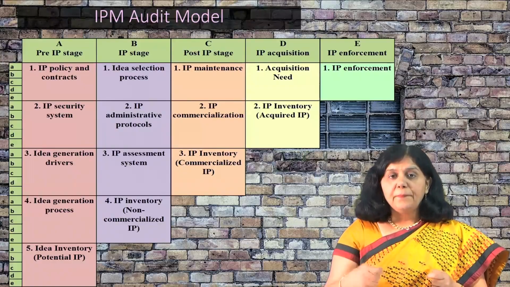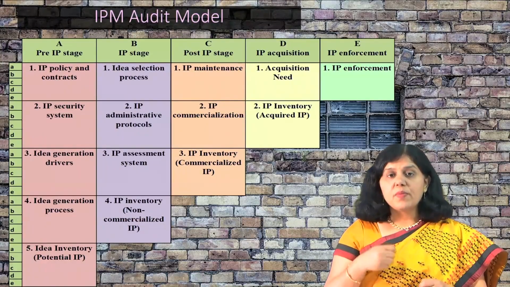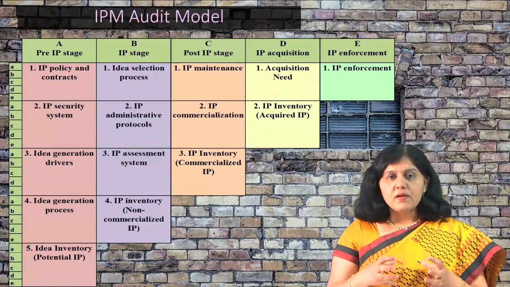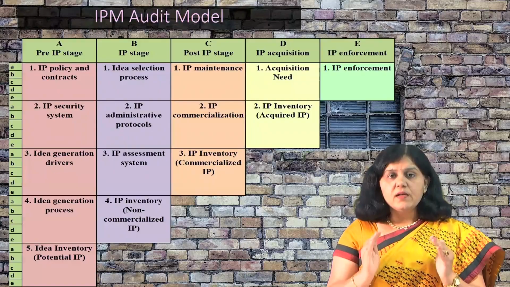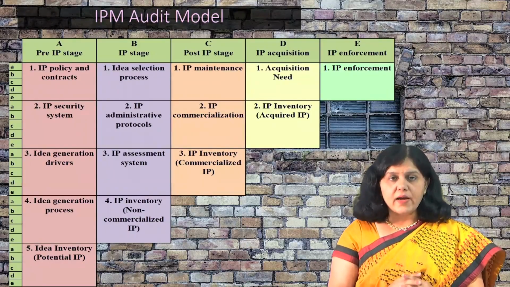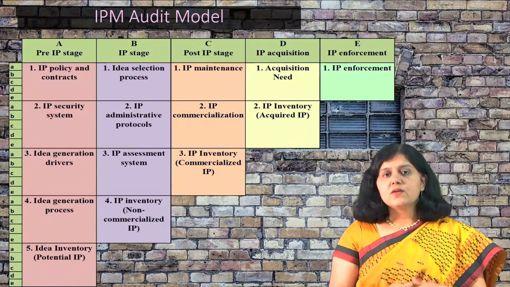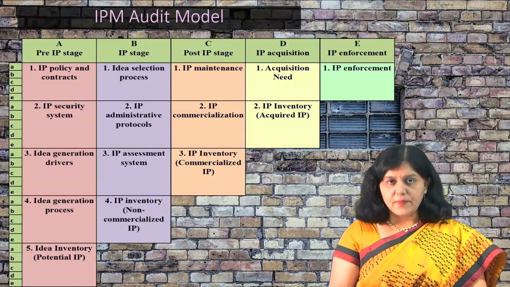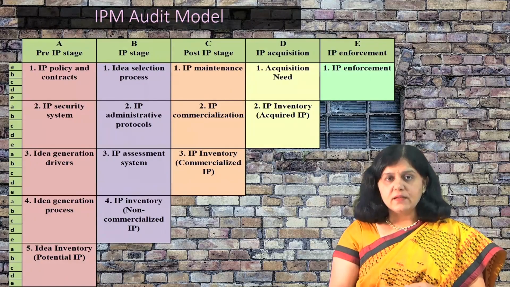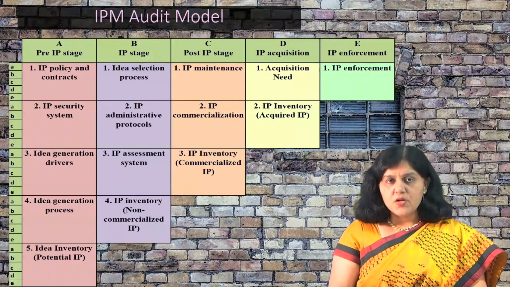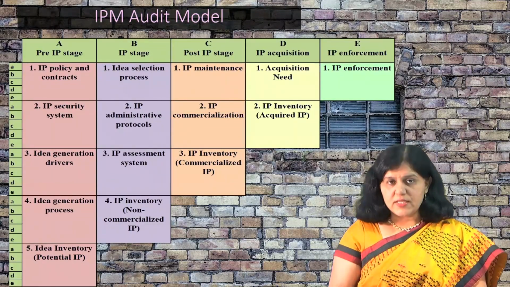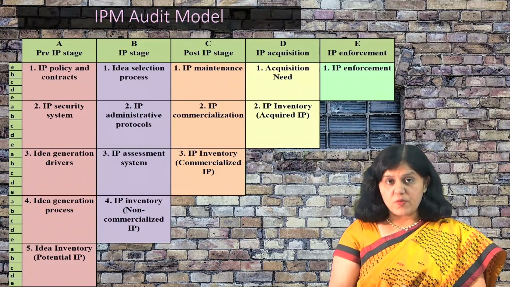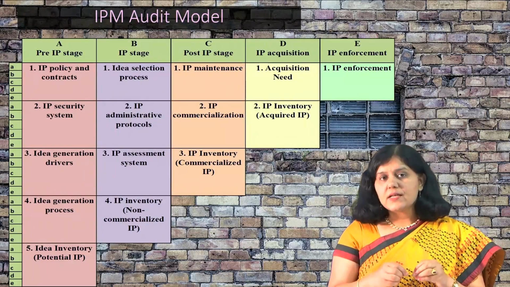because when we are talking about IP protection, there is an involvement of big finance, and therefore it should be a very selective and guided activity. Okay. So, here you can see four IPM processes, and at the end the IP inventory is created, which is a non-commercialized IP. This is the stage where IP is protected and ready for commercialization or strategic exploitation. The challenging task here is the selection.